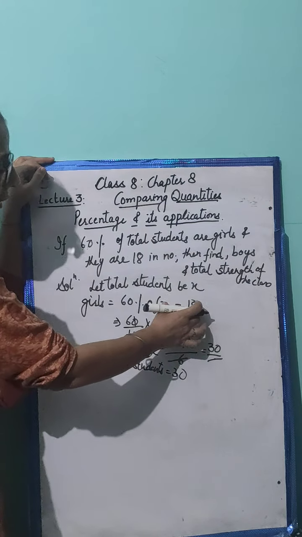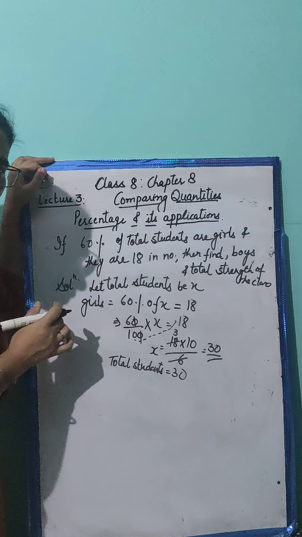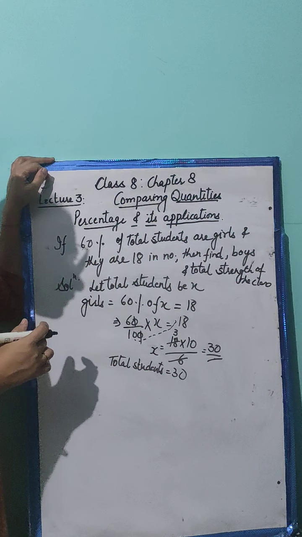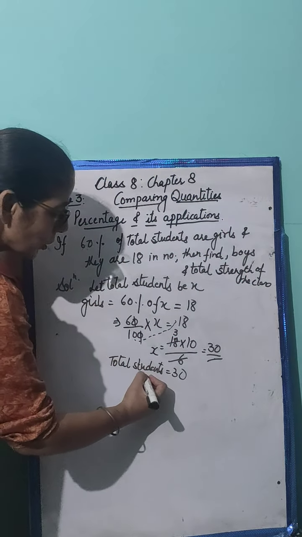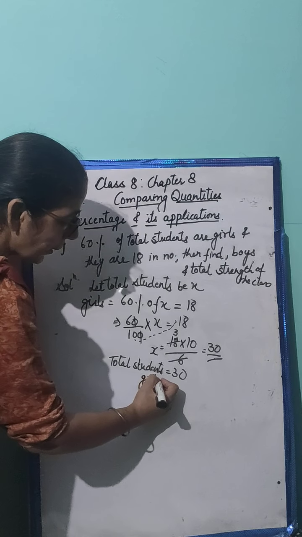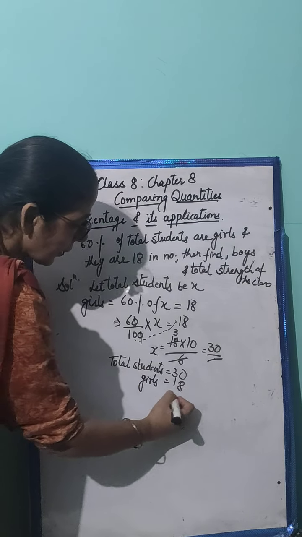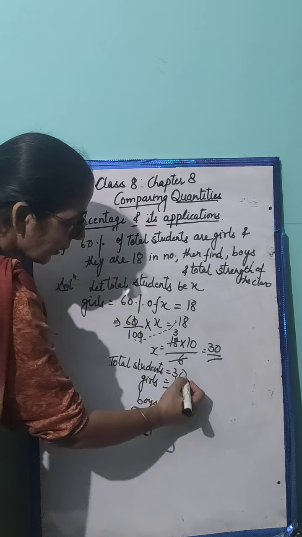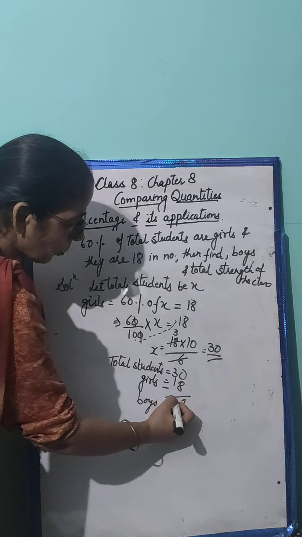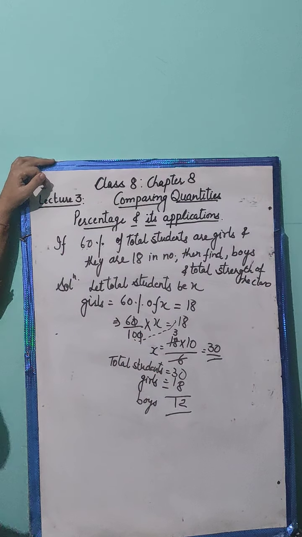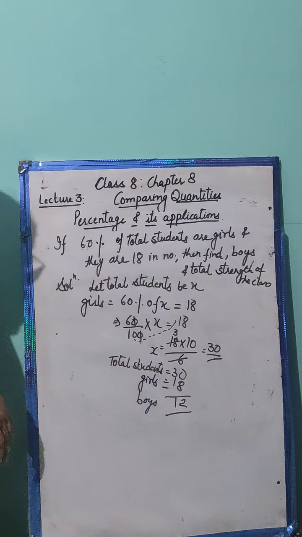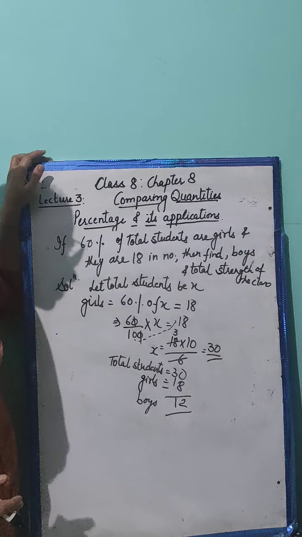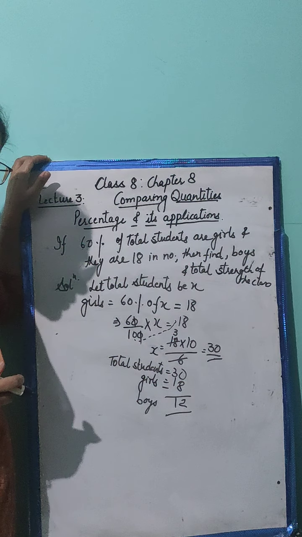It is very much clear. It is given, the number of girls is 18. Now can you find the number of boys? How? By simply subtracting. From total students, if we minus the number of girls, then the number of boys will be 30 minus 18, 10 minus 8 is 2, 2 minus 1 is 1. So the number of boys is 12. Have you understood this? So these are the practical questions of where percentage is used.